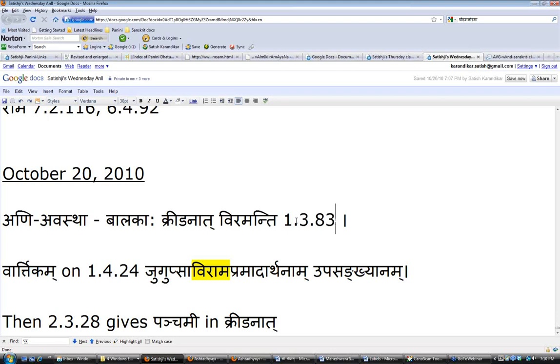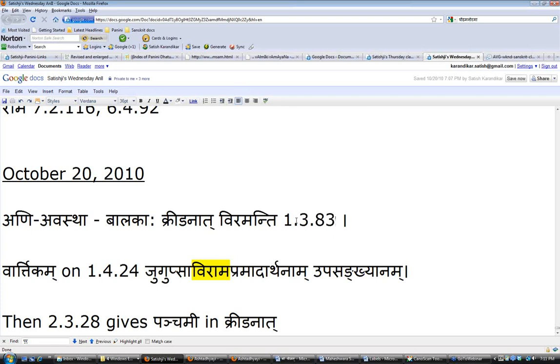So the main sutram is 1.3.12, which says that any dhatu which has an anudatta swara on the it vowel, and also which has a ka varga panchama as an it, will take Atmanepada endings.